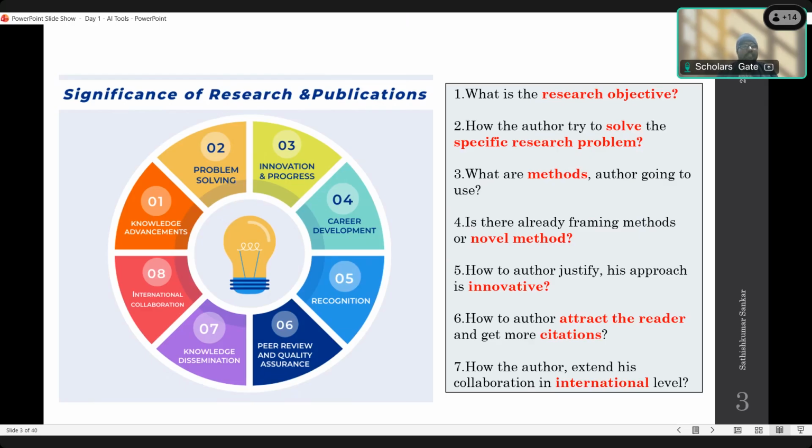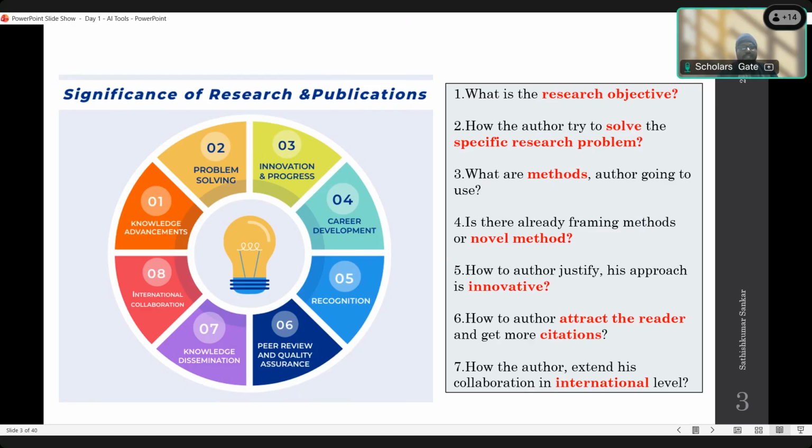We are tired of that. So these days there are different types of AI tools available for literature searching, literature reviewing and summarizing articles. If you upload one PDF, that article, within a fraction of a second it will give one paragraph on what things are discussed in that particular article. Within the one paragraph, it will justify what content is available. It will give the shortest form of that.